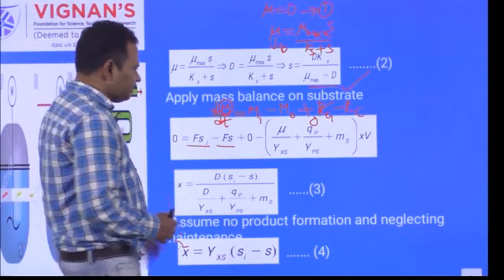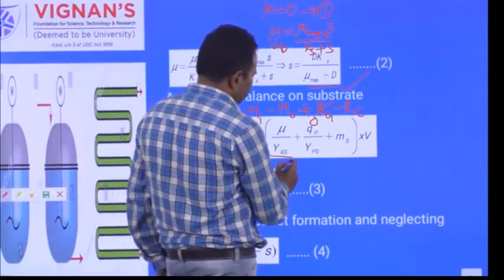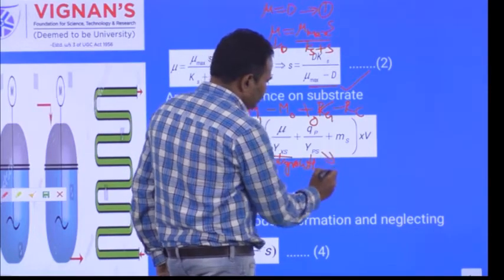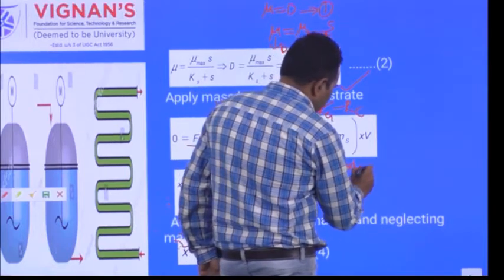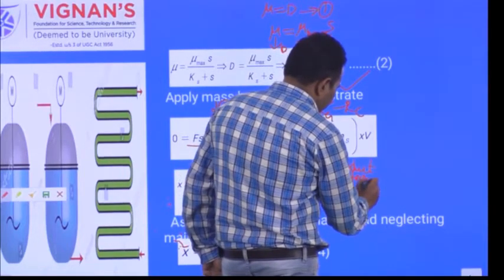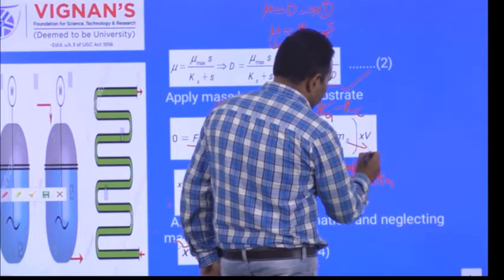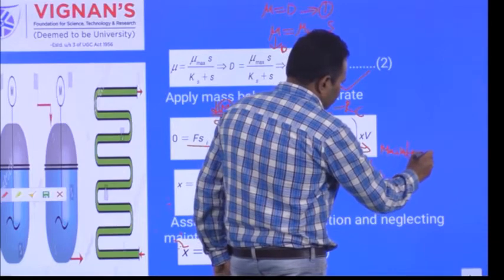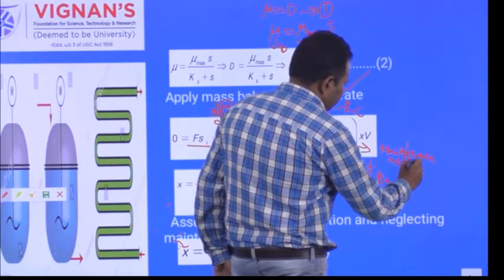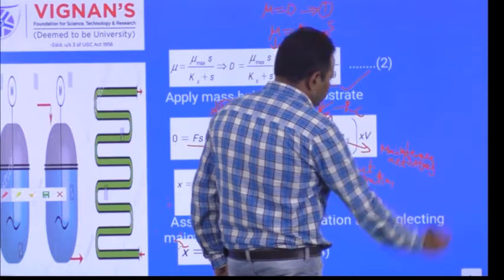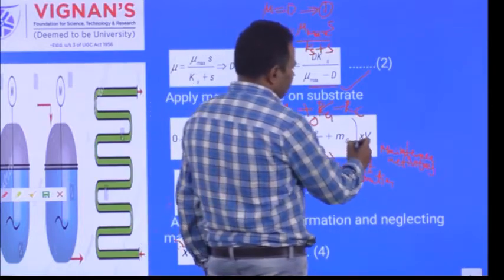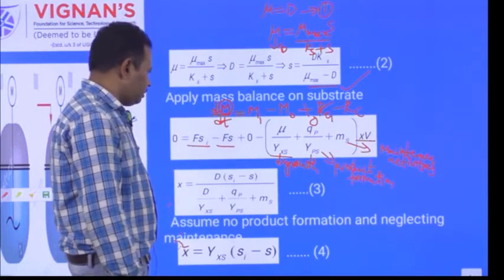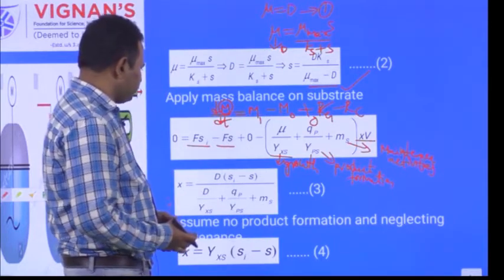Okay, so this can be written, similar to the fed batch fermenter, as mu by Yx/s. This is for growth, and qp by Yp/s. This is for product formation. And next one, this is the fraction of the substrate utilized for the maintenance activities of the cells, to keep the cells in viable condition. Again, this depends on x, the cell concentration, into volume. From this one here, you can solve for x.